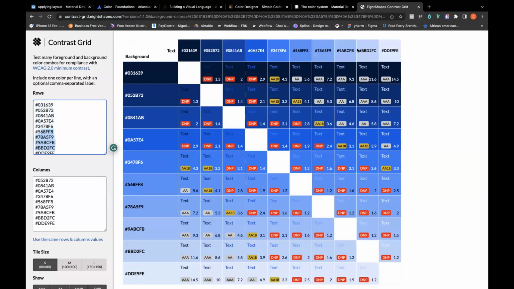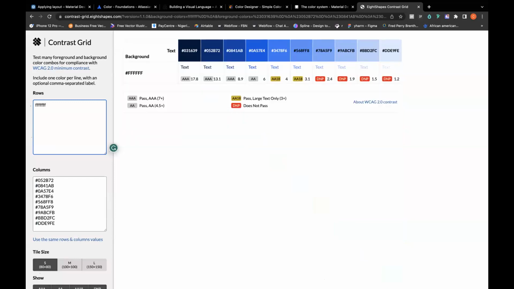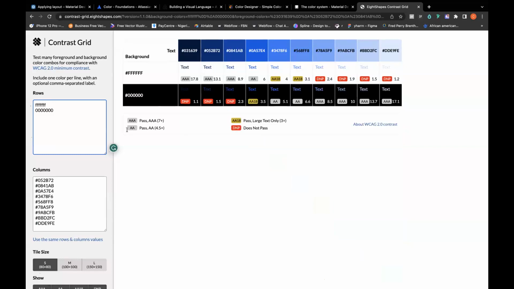I'm having all my values here. Then for my text, I think FFFFFF for white and 000000 for black. Okay, great. So here you can see the legend says AAA passes. That means it passes with around 7 point